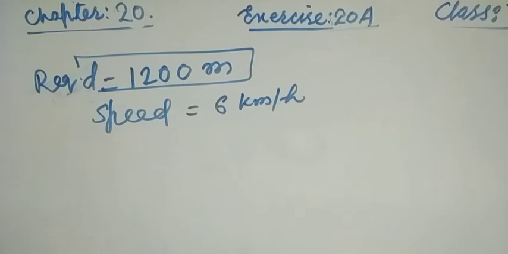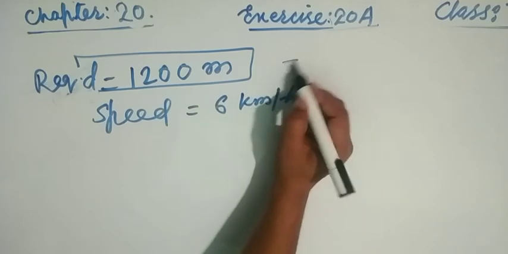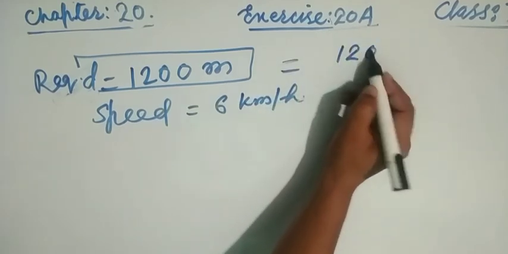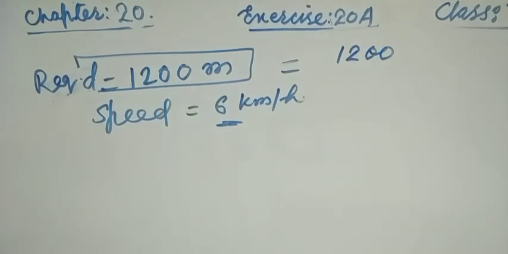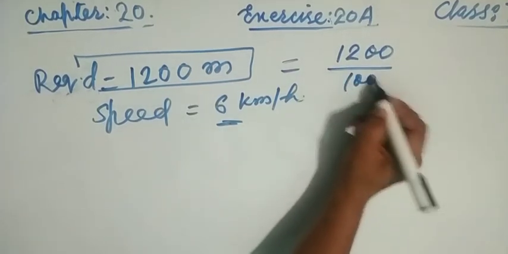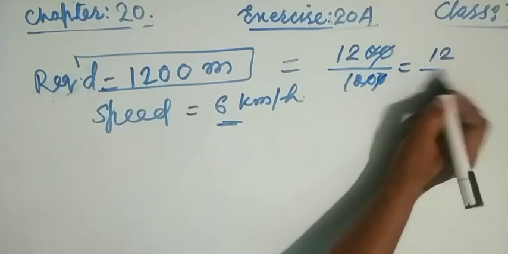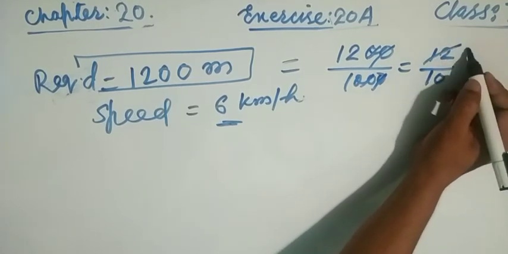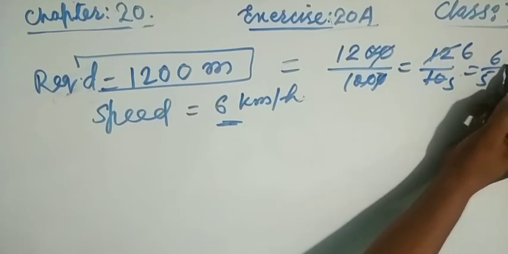Now this is, friends, we have to change this, friends, into kilometer, because speed is given in kilometer per hour. Okay, so we have to change to the same unit. Now here divide, friends, by 1000, 20 will get cancelled, 12 by 10, so this is 2 6 ja and 2 5 ja, so 6 by 5 is the kilometer, friends.